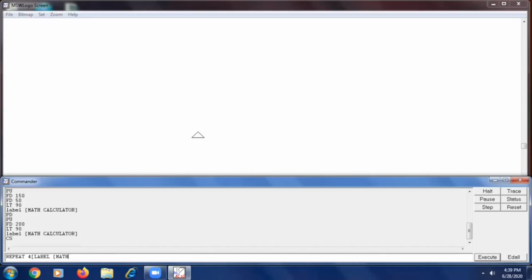Math calculator. Repeat 4, then label math calculator. Repeat 4 label math calculator.